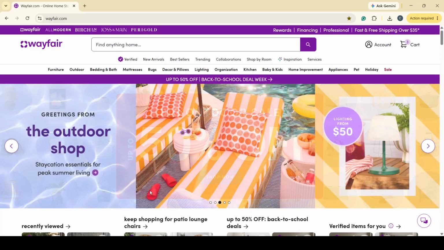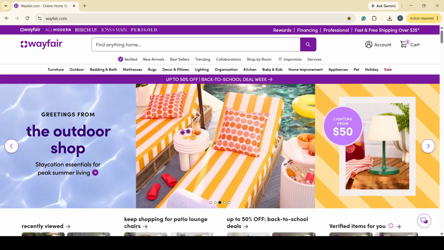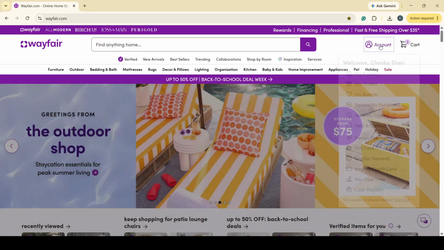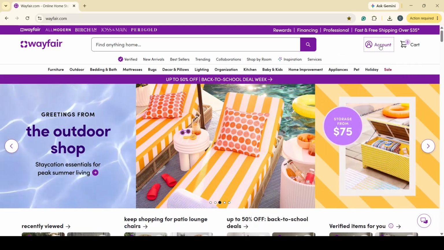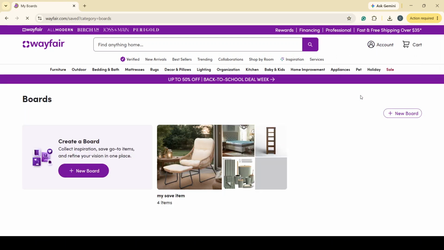In today's video, I'm going to teach you how to edit a saved items list. If you've already created a saved list and want to update it, this process is quick and easy. Whether you need to change the name of the list, add a note to make it easier to recognize later, remove products you no longer need, or simply rearrange the order of the items, everything can be done in just